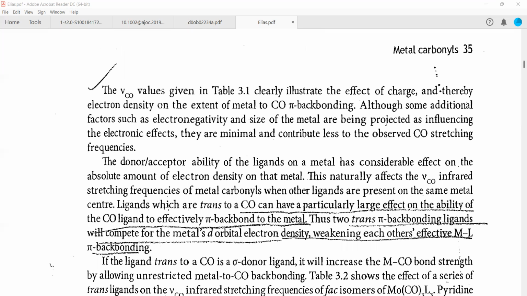The stretching frequency of the carbonyl, the values are given in table 3.1. It clearly illustrates the effect of charge and pair. So we saw the charge on the metal sphere is very important for the stretching frequency of the carbonyl, and thereby the electron density and the extent of metal to carbonyl pi bonding depends upon the charge, right? Although some additional factors such as electronegativity and size of the metals are projected as influencing the electronic effect, they are minimal. What outweighs them all is the charge, because electronic properties, electronegativity and size contribute less to the observed CO stretching